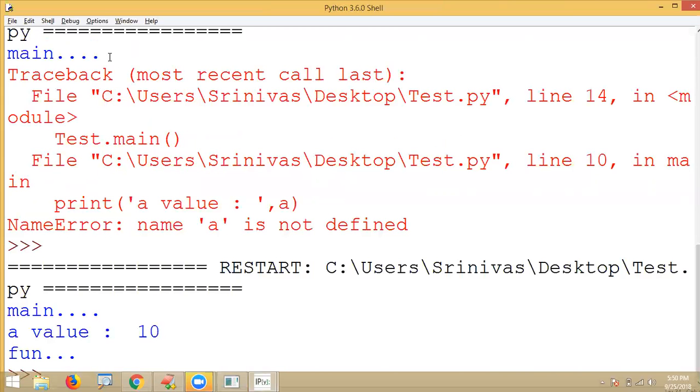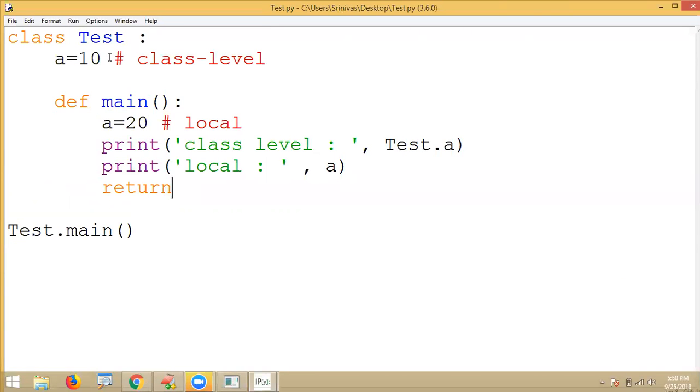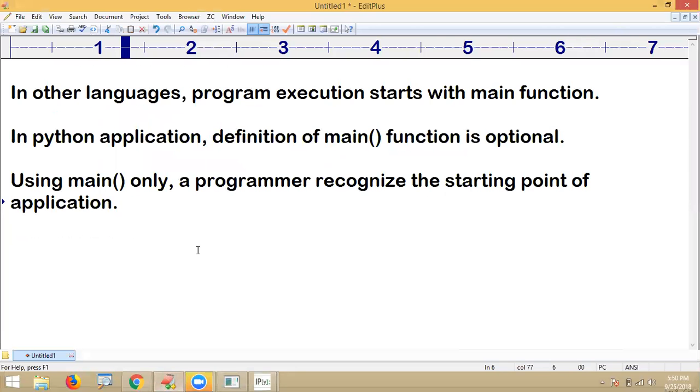So when we run this code, the class level variable value a is 10 and the local variable value a is 20. Actually, this is how to define local, and the next one is class level. Simple. The theory,